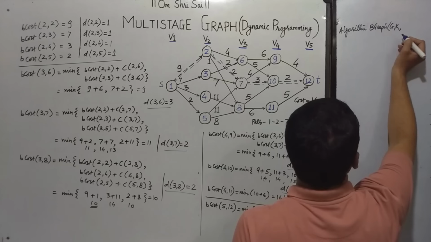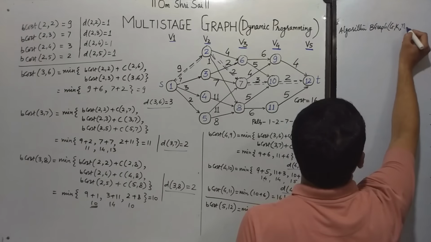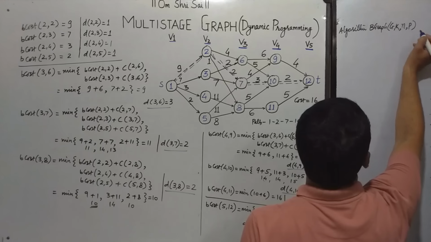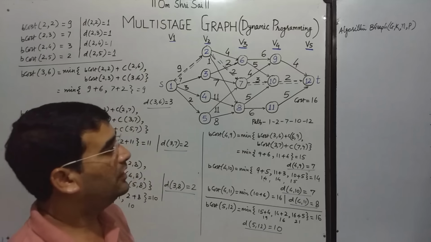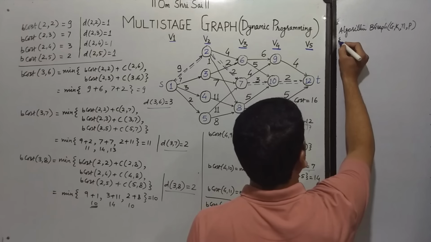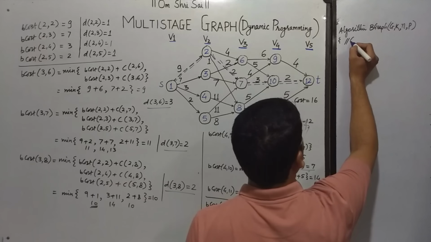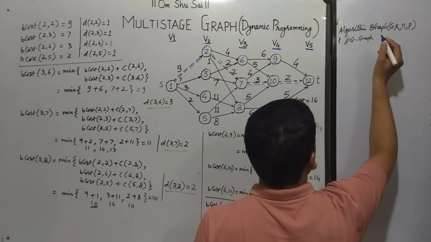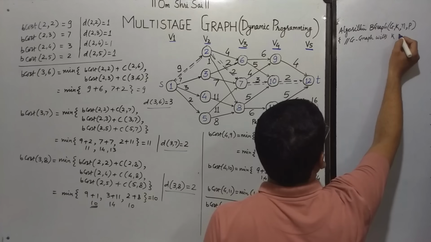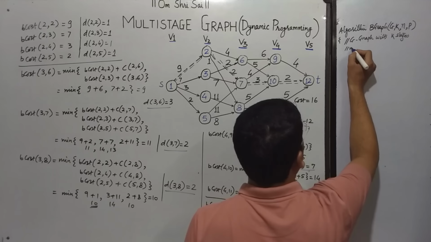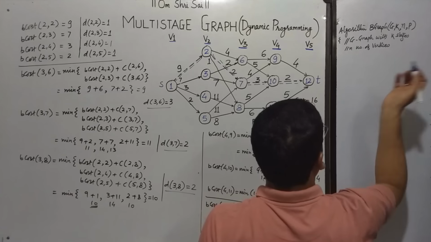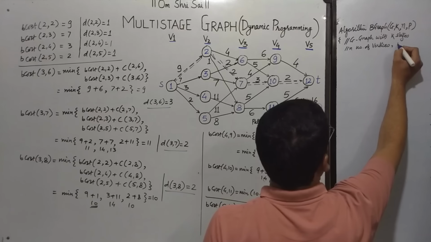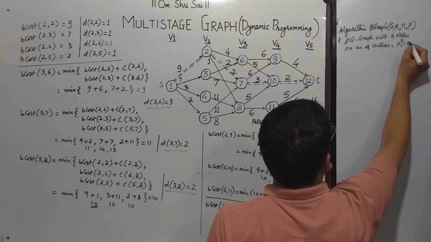The number of stages will be given to us, that is K. Number of vertices will be given, and P is the output parameter for which we have to calculate the total path. So just specify the comments over here. That is, G is graph, multi-stage graph with K stages. What is N? That is, N is number of vertices, and P, that is the path. And that path will be from 1 to K.